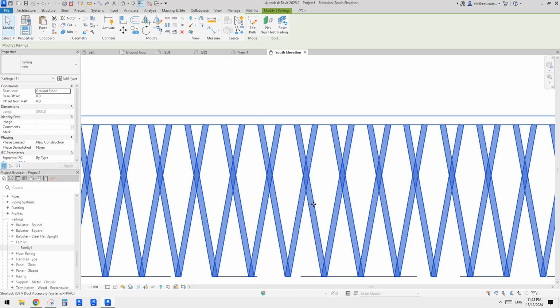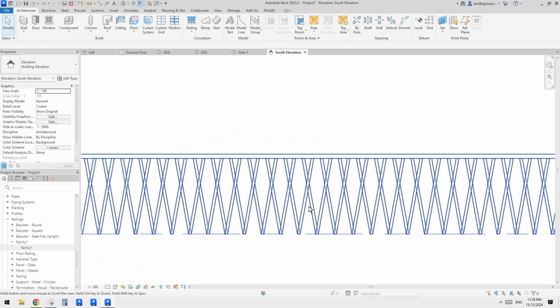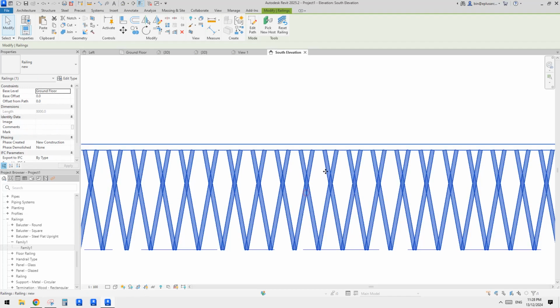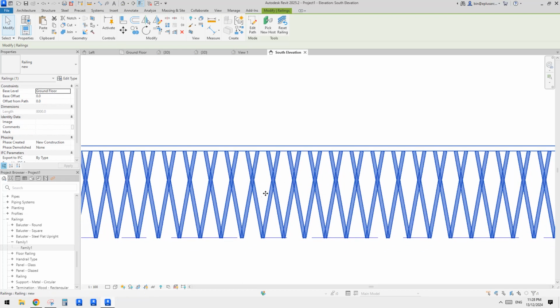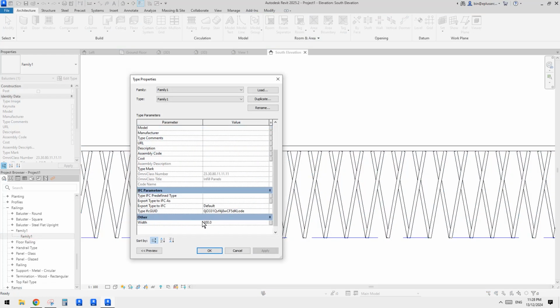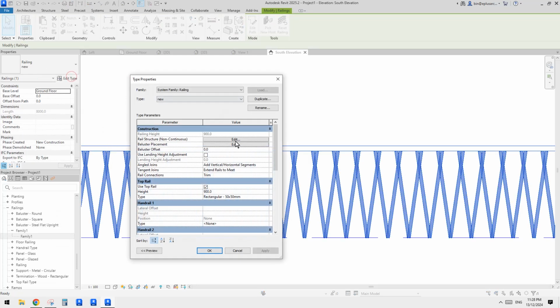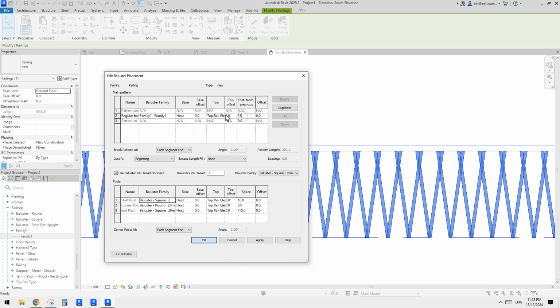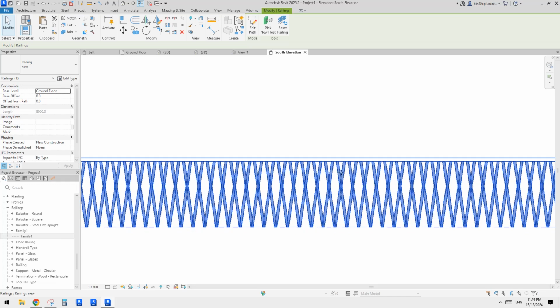Let's check again. So I just do another detail line from here to here. Still too big. Yeah, but I'll just leave it as it is. But you know how to change this one. So you can go here, reduce this width to 240, and also go to baluster placement and further reduce the distance, for example 150. And also we can make them skinnier, so it looks like too